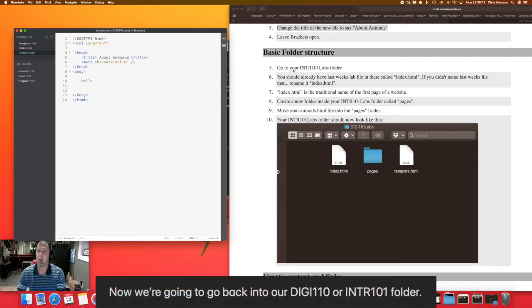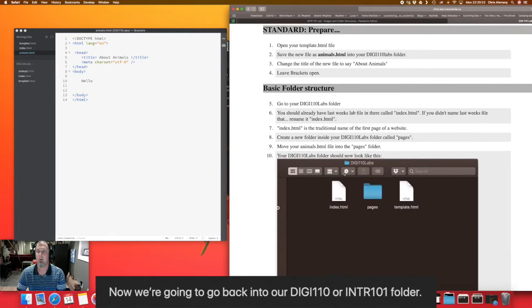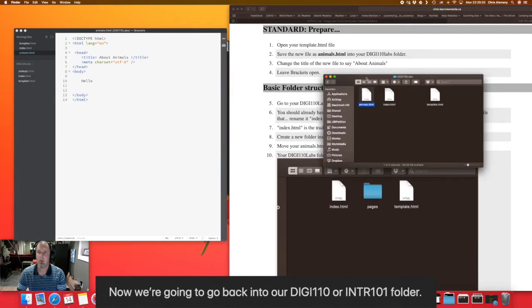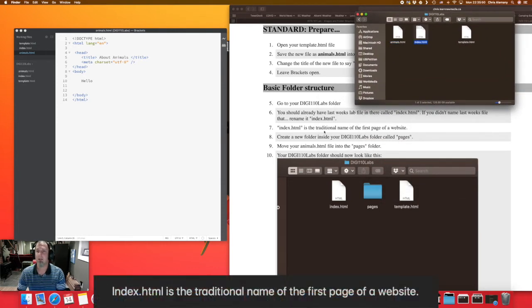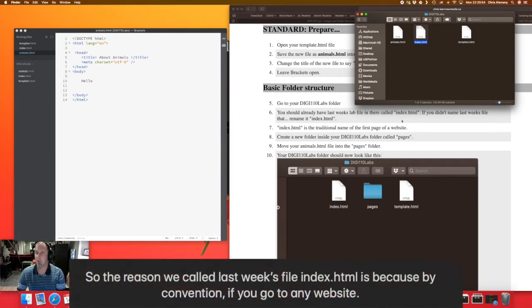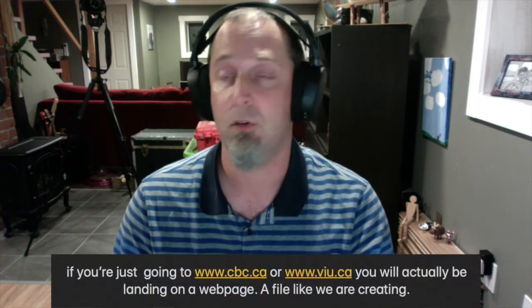And now we're going to go back into our folder, Digi 110 or Inter 101. Since I have a Digi 110 folder, I'll go into that one. There we go. Go to your Digi 110 lab folder. Index.html is the traditional name of the first page of a website. So the reason we called last week's file index.html is because by convention, if you go to any website, if you're just going to